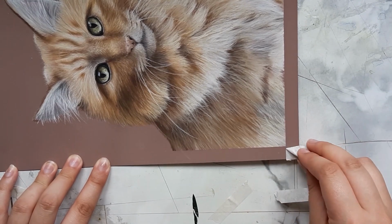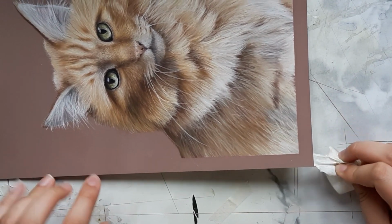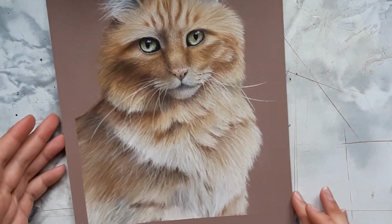So overall, I really hope that you learn a thing or two about how to draw fur and pastels, as it is quite a difficult thing to achieve. The owners were super happy with this